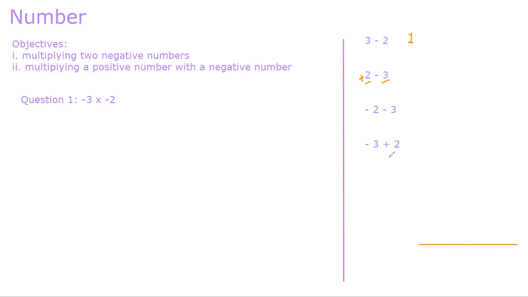The other simpler way is that 2 is the smaller number, 3 is the larger number. The larger number has a negative sign. So subtract 2 from 3 and just add a negative sign with it. So 2 minus 3 would be minus 1. What would be minus 2 minus 3? In this case, as both signs are negative signs, the best way to do it is